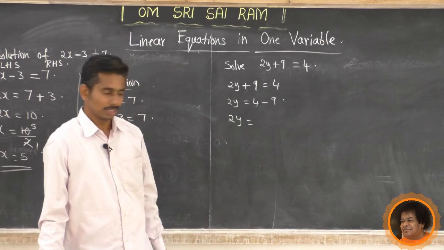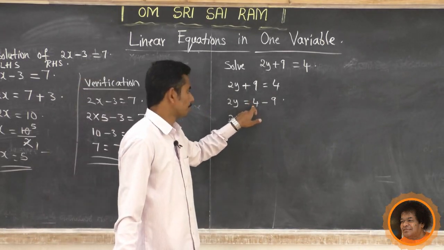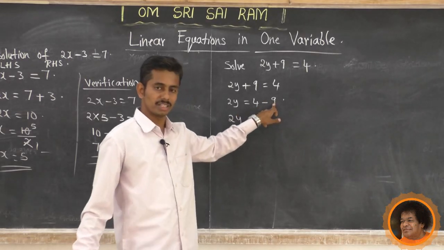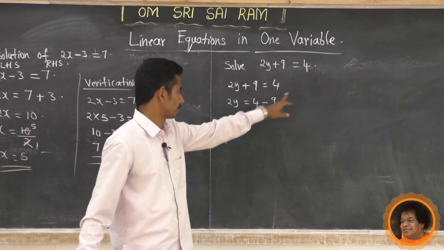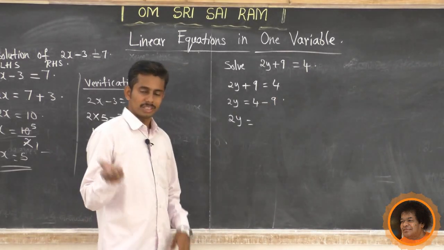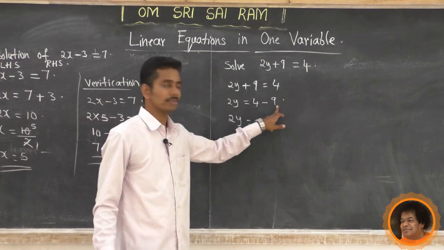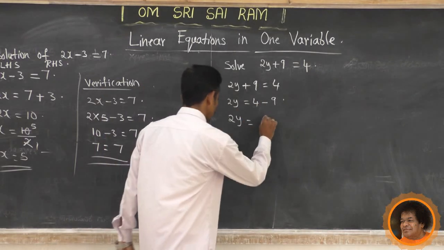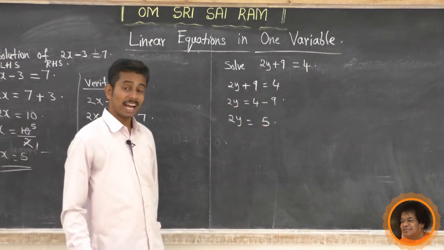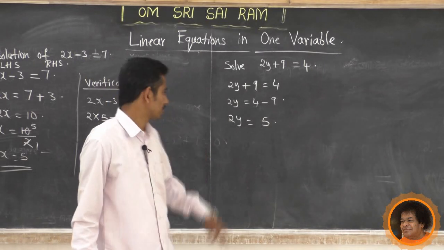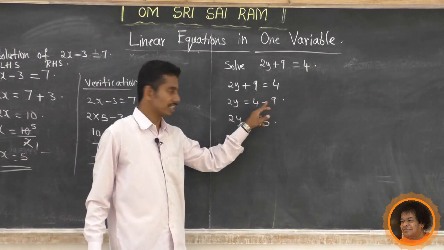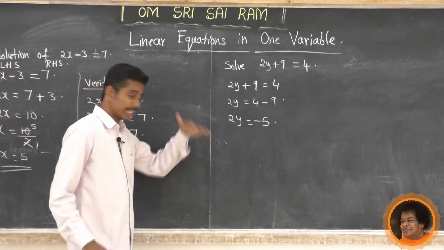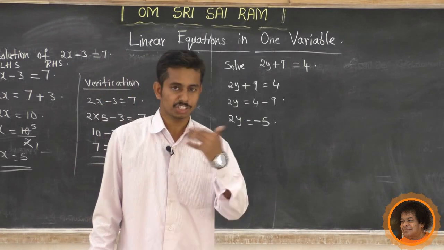This is the problem. The smaller number has a positive sign. The greater number has a negative sign. What to do? In this case, subtract the smaller number from the greater number. That is 9 minus 4 is 5. Then add the sign of the greater number. Which one is the greater number? 9. What sign does it have? Minus. So this is minus 5. I will explain the basic things in the next class.